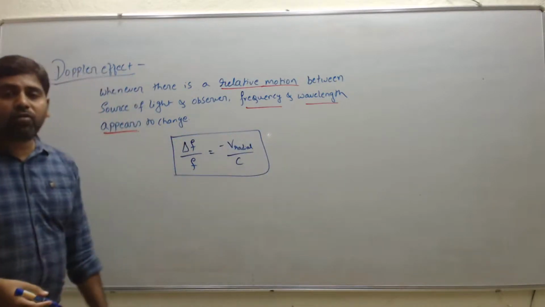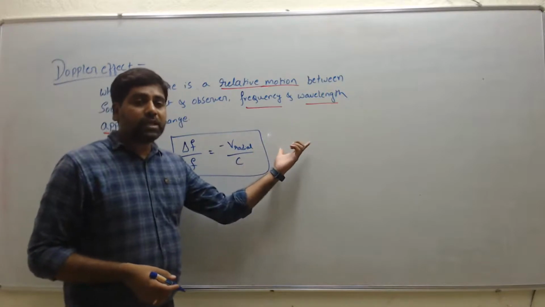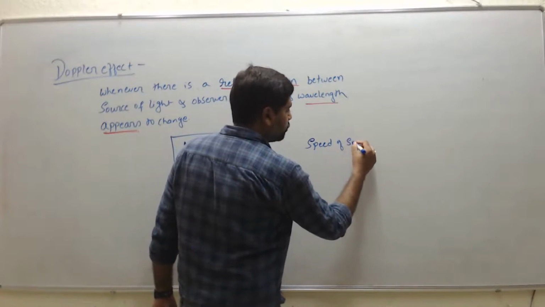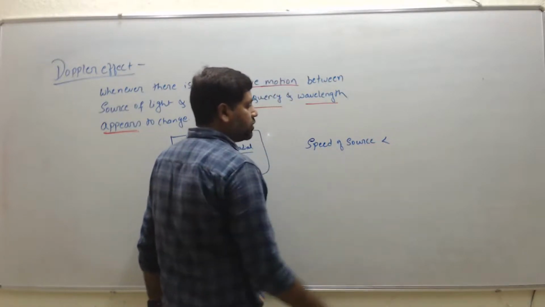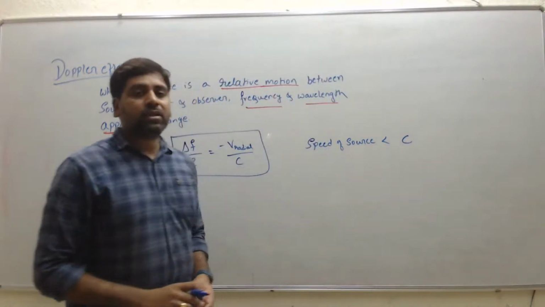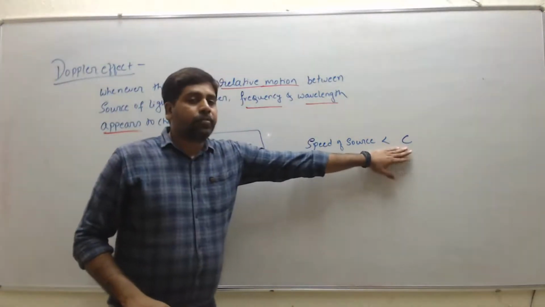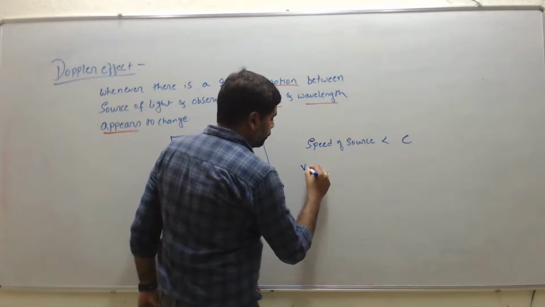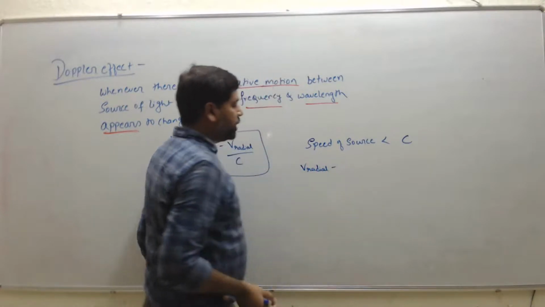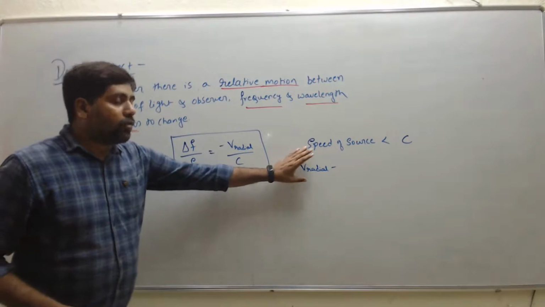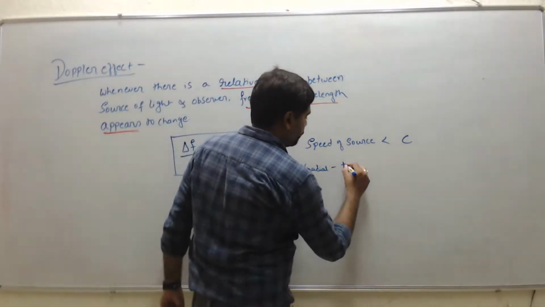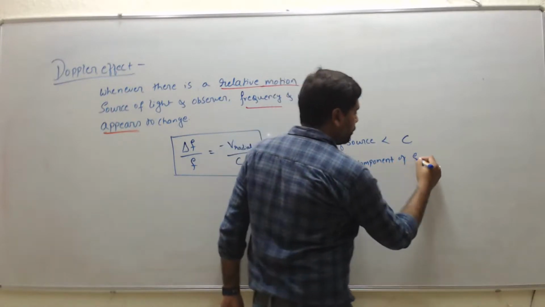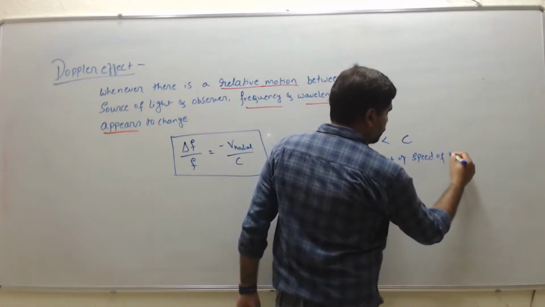This formula is valid only when the speed of the source is less than the speed of light, where the speed of light is denoted by the letter c. So here, what does v radial represent? v radial means the component of the speed of the source